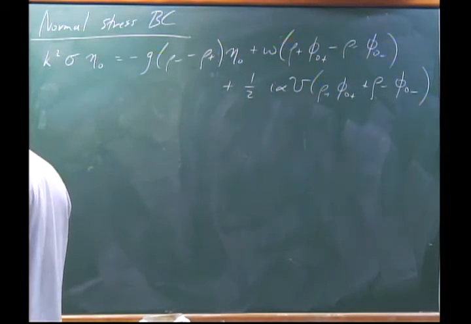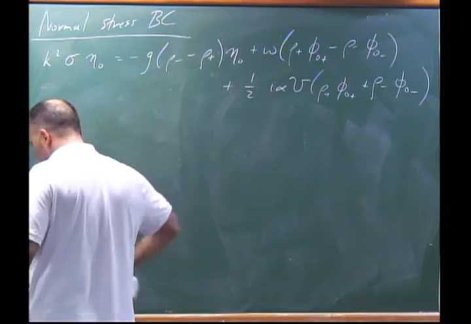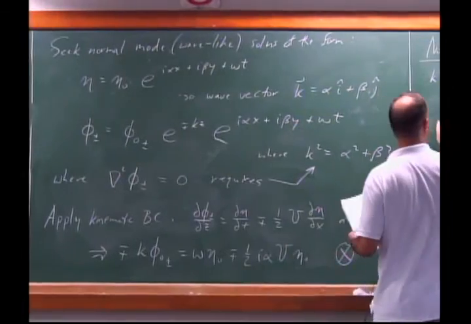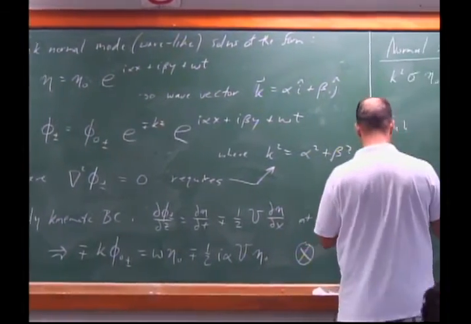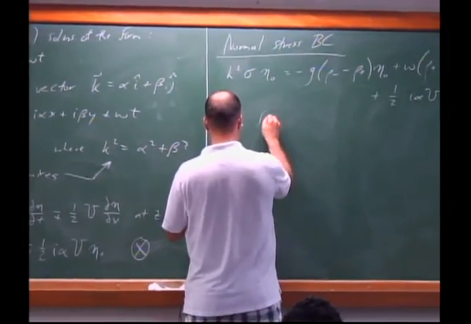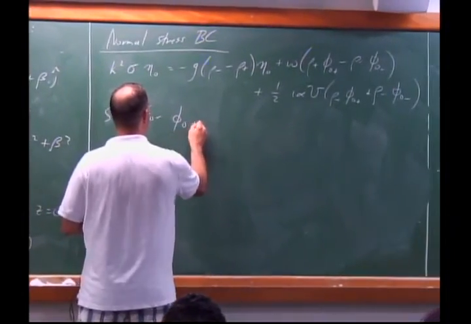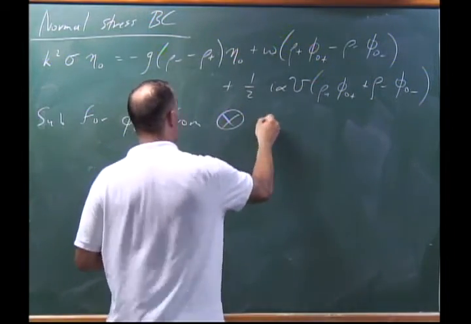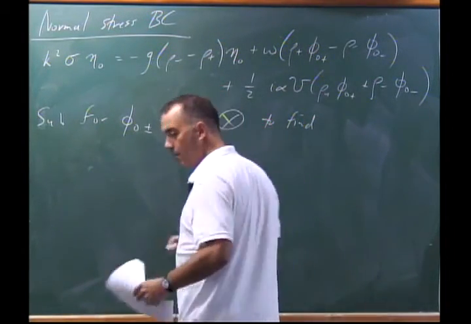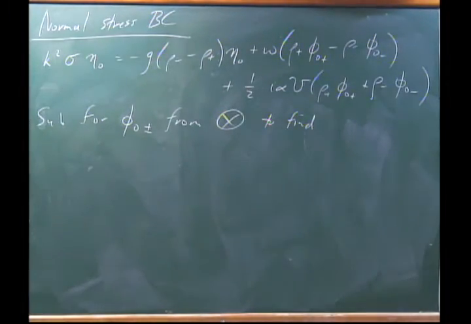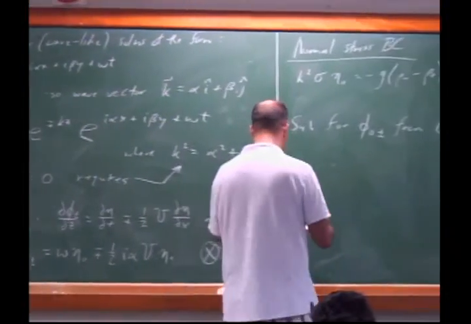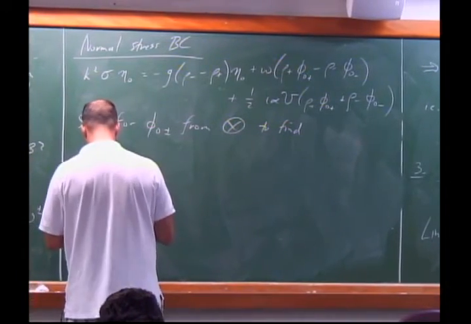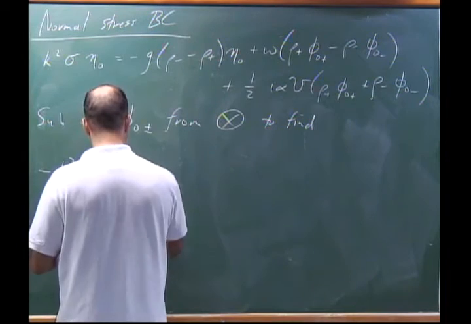Okay, now we have to sub in, let's call this something else, sub in from here. Okay, so we get this big mess, but this big mess gives us everything we need to know. Okay? Okay, so we get the following. Minus k cubed sigma equals omega